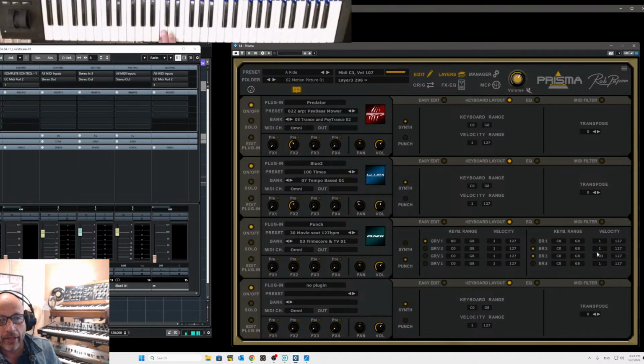And you can even set a velocity switch. You see, break 3 only responds if you play above the velocity setting 103. So if I play softer,